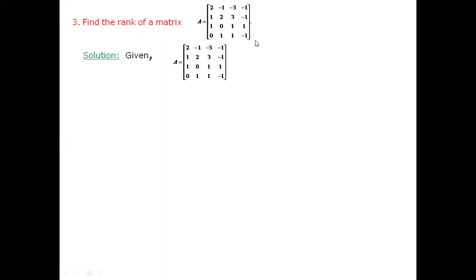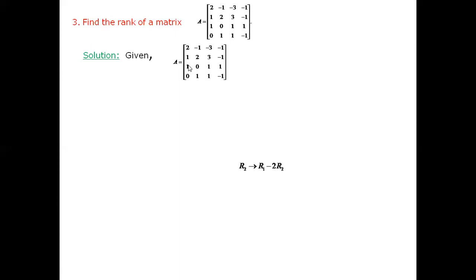This is the given matrix here. Now, what is the first step? The leading entry of the first row. In the first step, you have to look at the first row. The first row's leading entry is the first element, 2. It is non-zero, so we'll keep this as it is and we'll make the elements below this 0 using row operations.